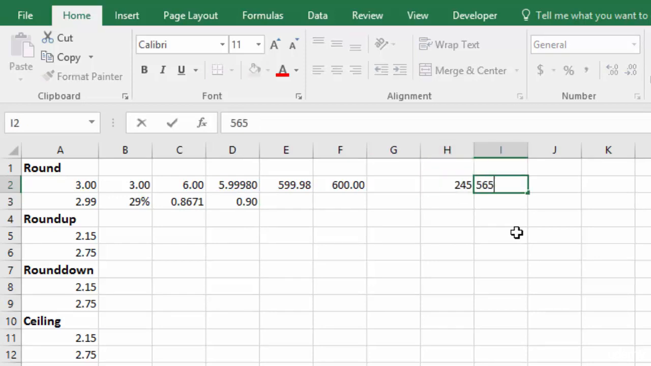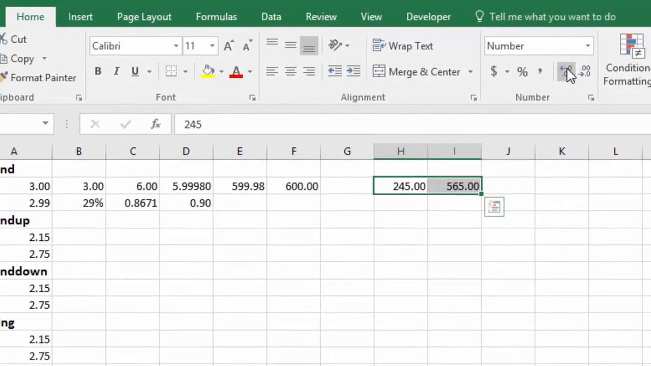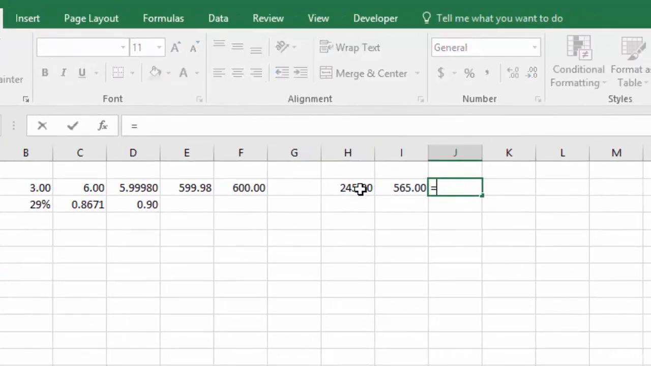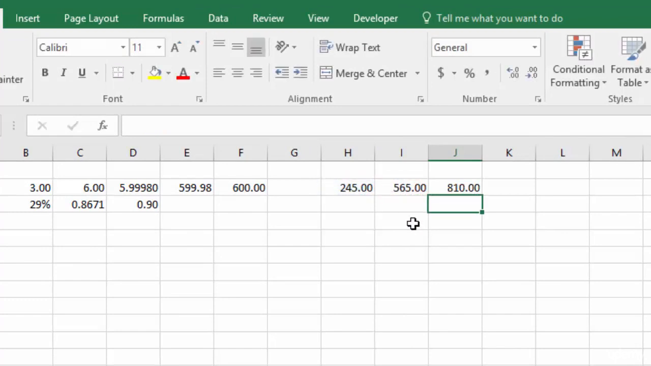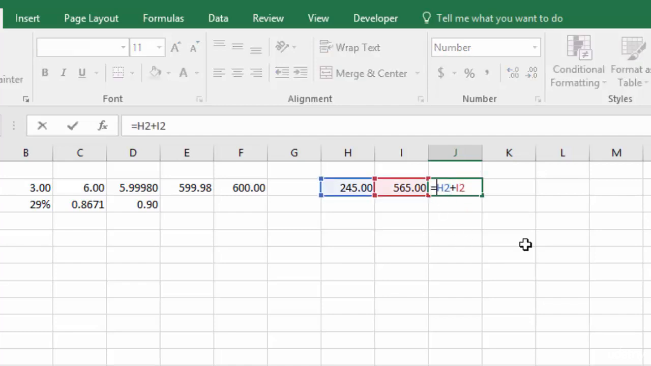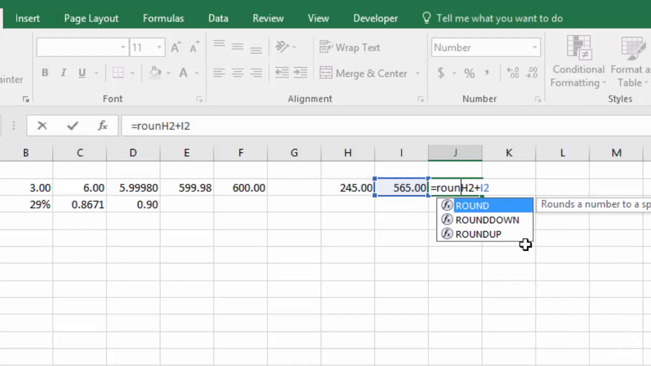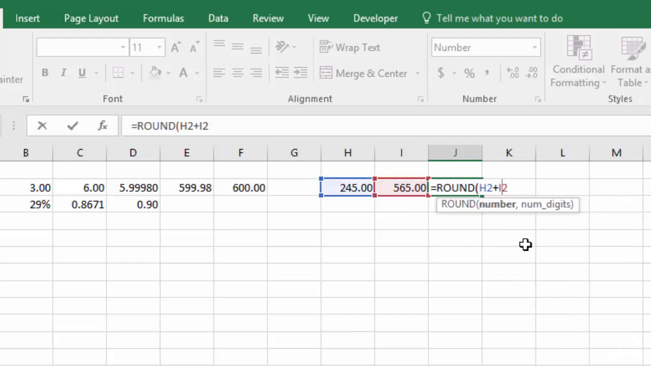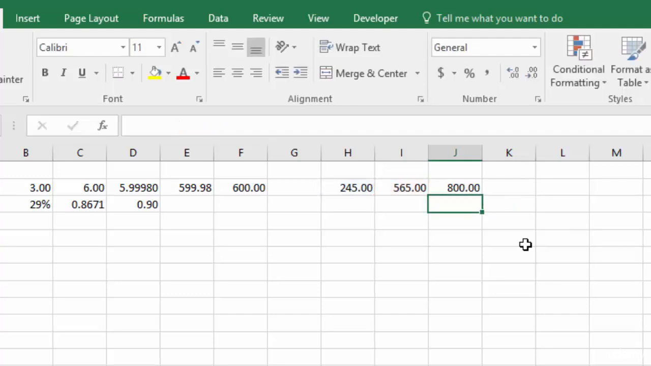and $565, and I'm adding these two numbers, hit enter, then I get $810. But if I want to round this to the hundreds, then I can actually do a round function. Then I add the two numbers. Then I go to my number of digits, and if I say -2 and enter, then you'll see it rounds it to 800 because it's rounding it to 2 places to the